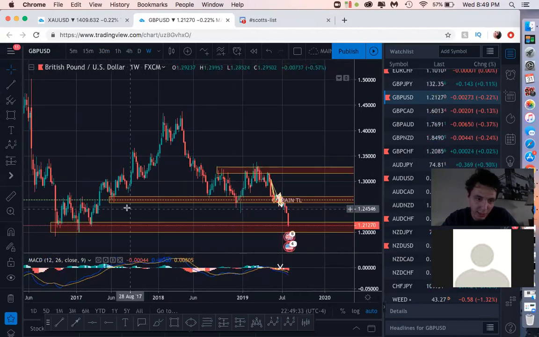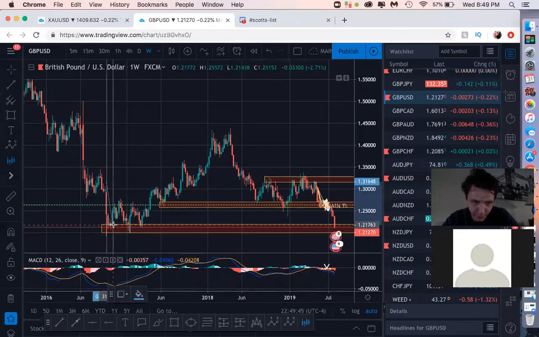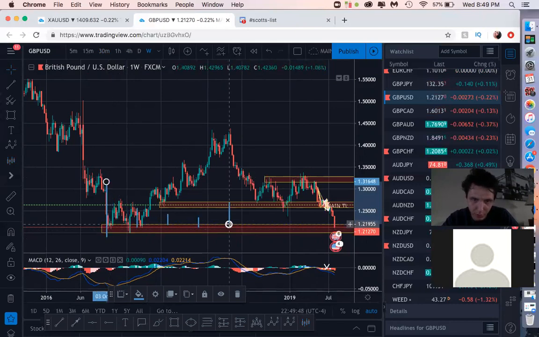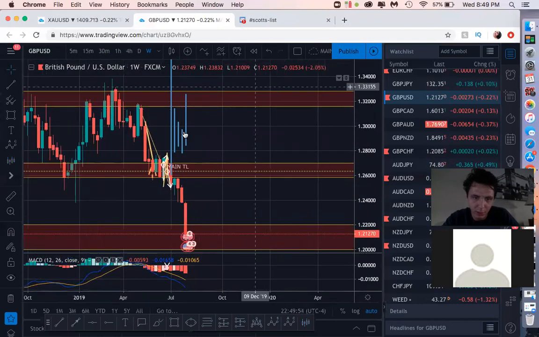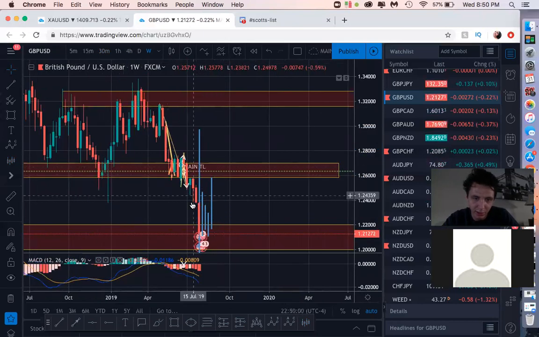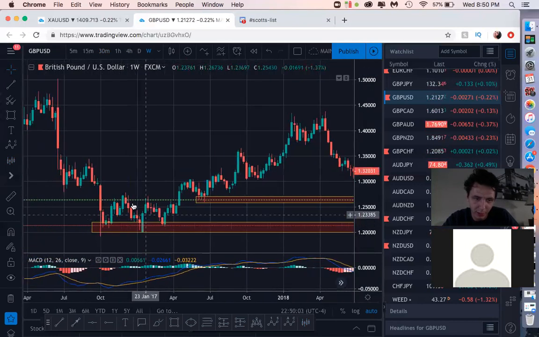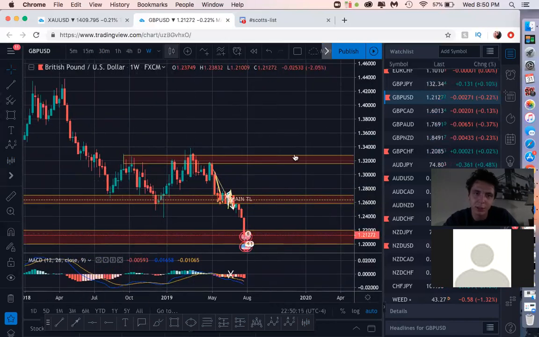How I'm looking to trade this is having something look like this happen. So what I did was I just copied those candles, and now I'm going to place them over here. So I'm looking at something that aligns with pretty much what happened in the past. The market comes down, acts funny a little, then breaks out. That's what I'm looking for before I get into position on this.